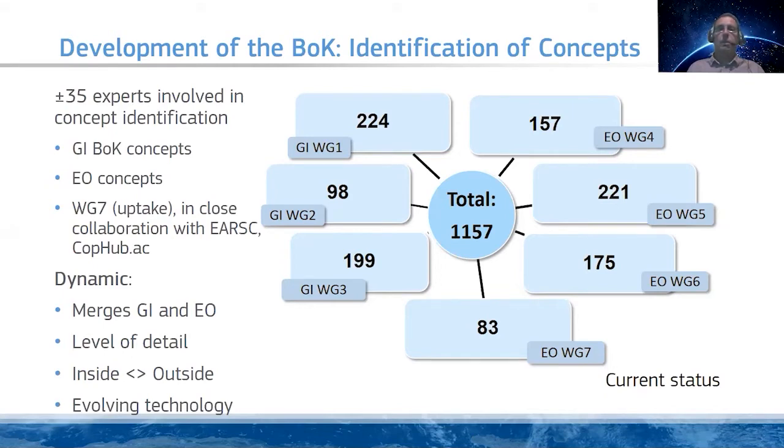There's also the working group 7 on the uptake. The structure of that working group was elaborated in close collaboration with ERSC and also with the COPHUB program, which is also focused on user uptake. So this is where we started from. In total it's 1,175 concepts, but this is not a fixed number, it's dynamic, because in the elaboration of the body of knowledge,